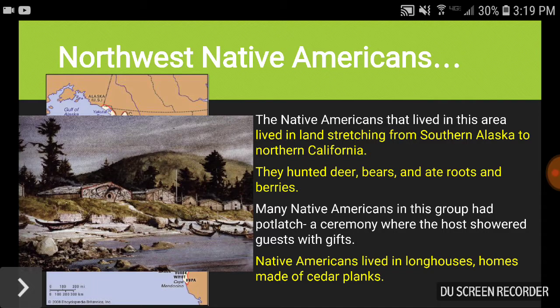So again, an aspect of the religion from these Northwest Native Americans is next to a part of their culture, from their housing, from these longhouses and these totem poles. So very distinct, different cultures from these Native Americans in regions that are close to each other, but very distinctly different and unique to their own cultural areas or their own regions.